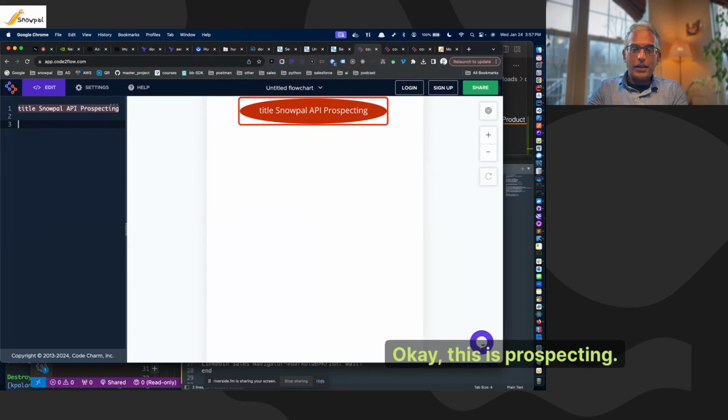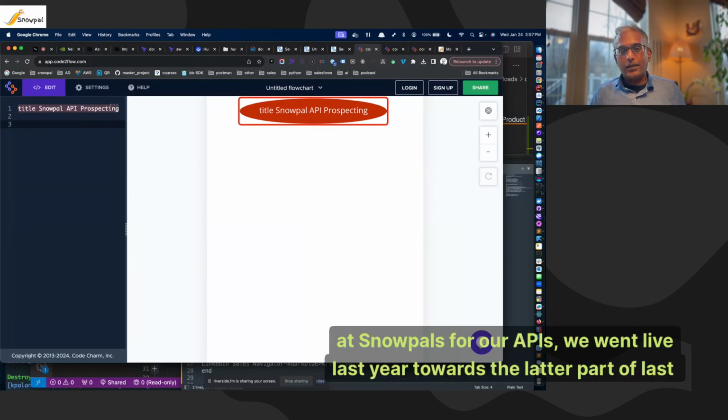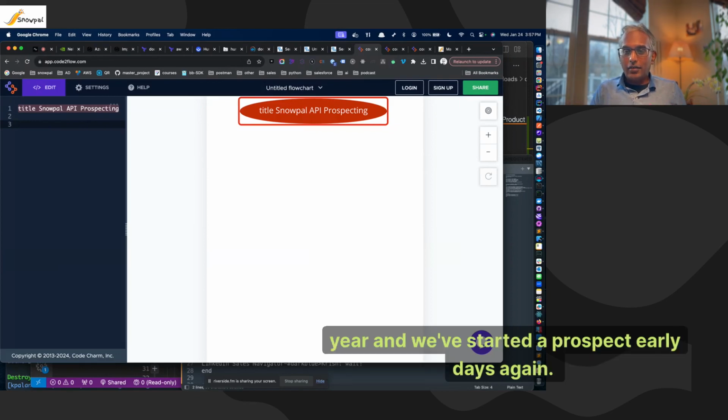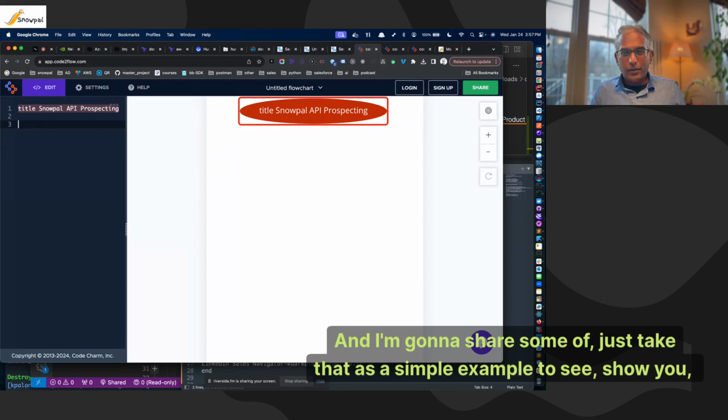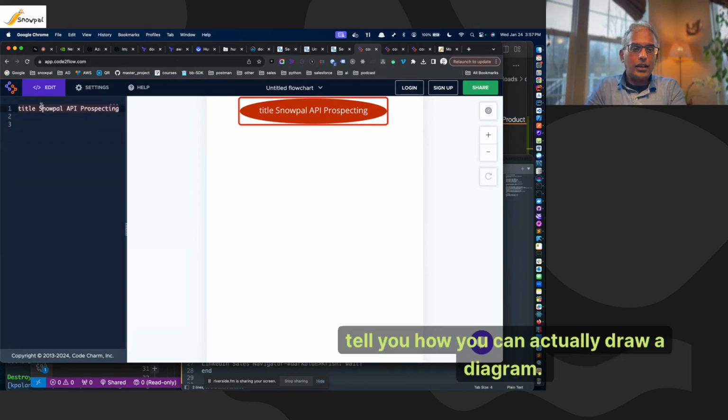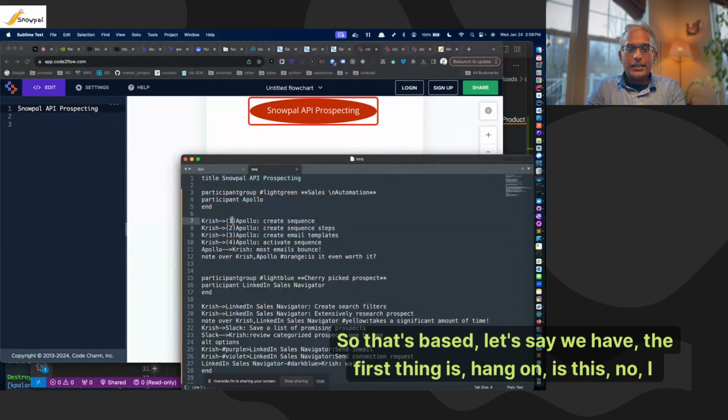Okay, this is prospecting. At Snowpal, for APIs, we went live last year, towards the latter part of last year, and we've started to prospect, early days again. I'm going to take that as a simple example to tell you how you can actually draw a diagram. So the first thing is, hang on, is this, no,